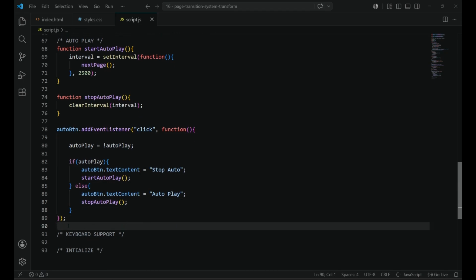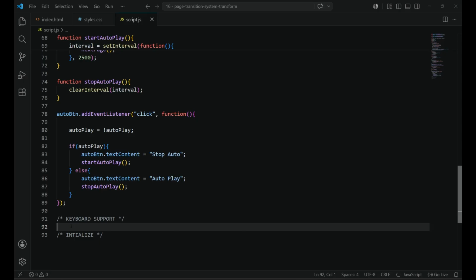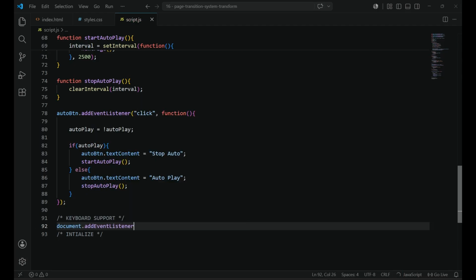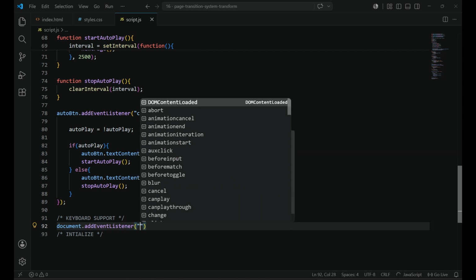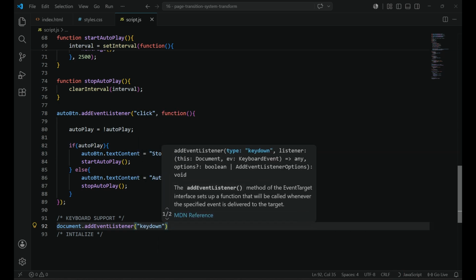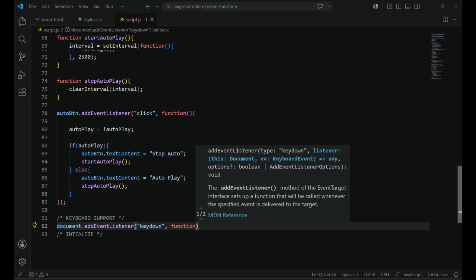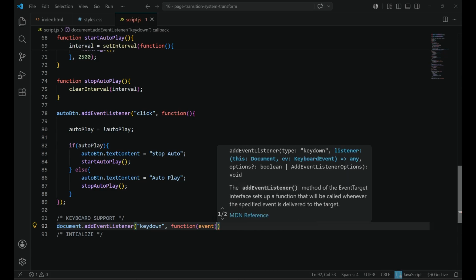That's all. Now we will write the keyboard support, that means the keyboard function. When we click the left arrow, it should go to the previous page. When we click the right arrow, it should move to the next page. So I am selecting the whole document, that is the whole page here, and giving it an addEventListener. The event is keydown, that means if a key is pressed. I'm writing a function with that keydown event as a parameter,